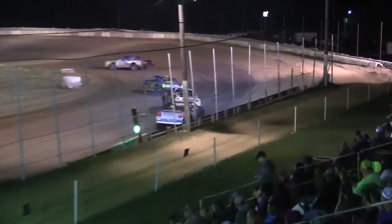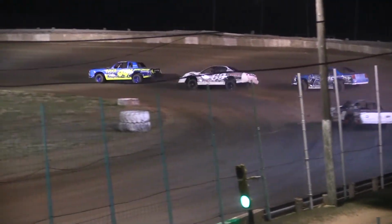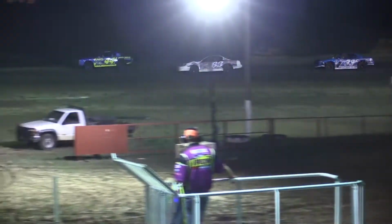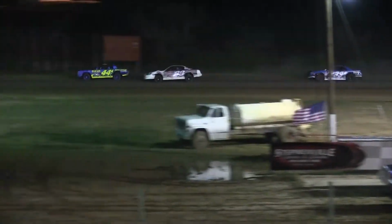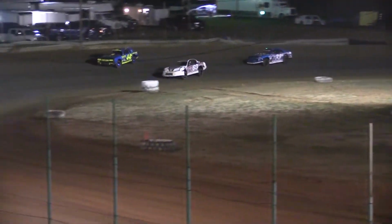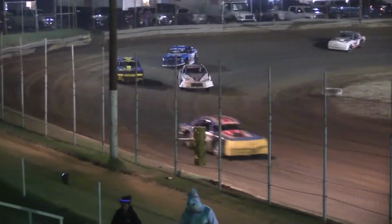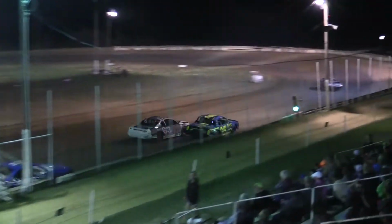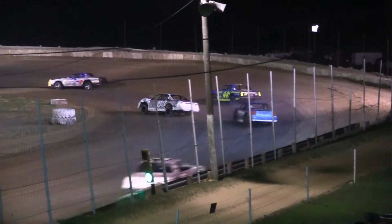Roller in a Charger chassis. O'Brien leading, coming out of turn 2. Andy Roller and Cosper slowly catching up to Egbert, looking to take over second place. And Andy Roller down on the bottom in 3 and 4. Coming out of turn 4, it's going to be Egbert as Roller dives down to the bottom, fighting for that